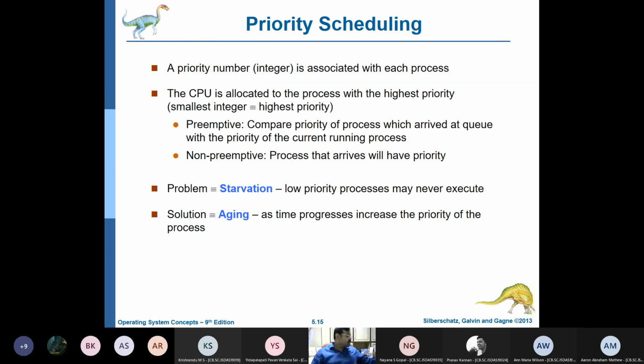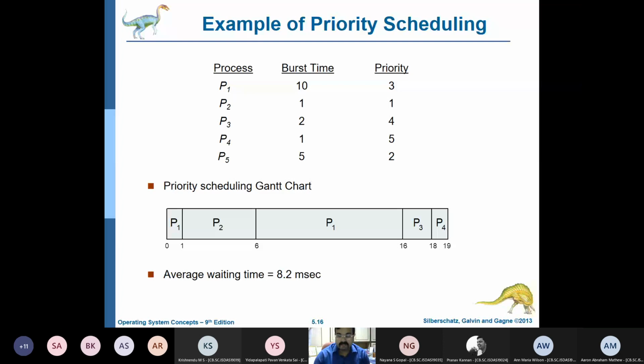Now the other scheduling algorithm that we use is what is known as priority scheduling. We can give a priority to each process. Irrespective of the burst time needed, we give a priority, meaning that process will get the highest priority.